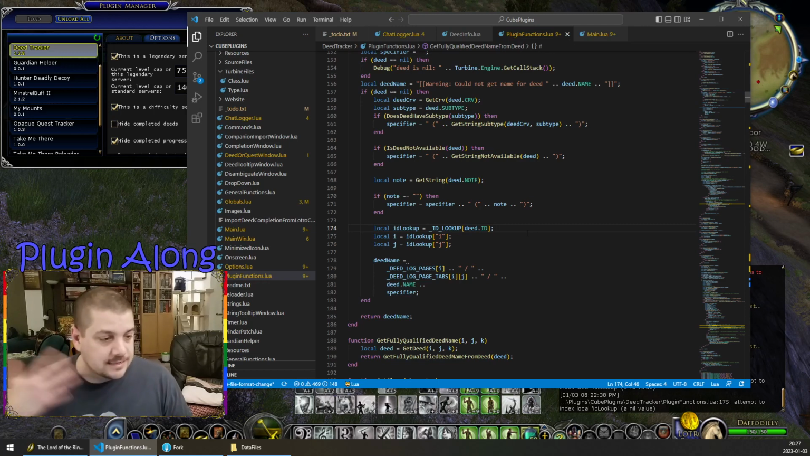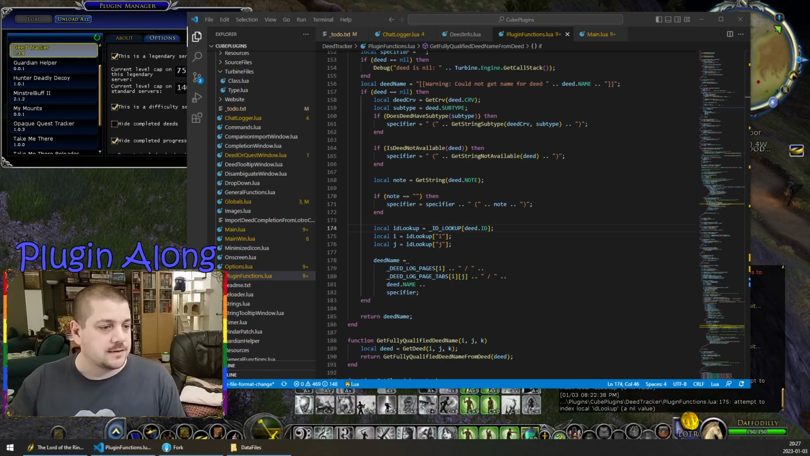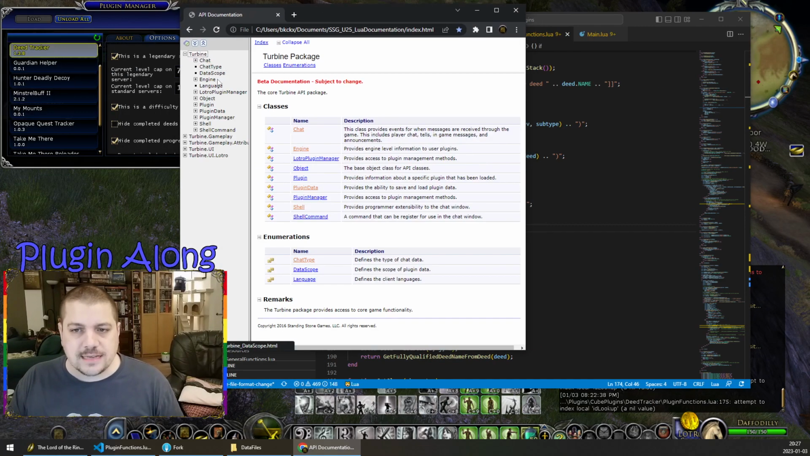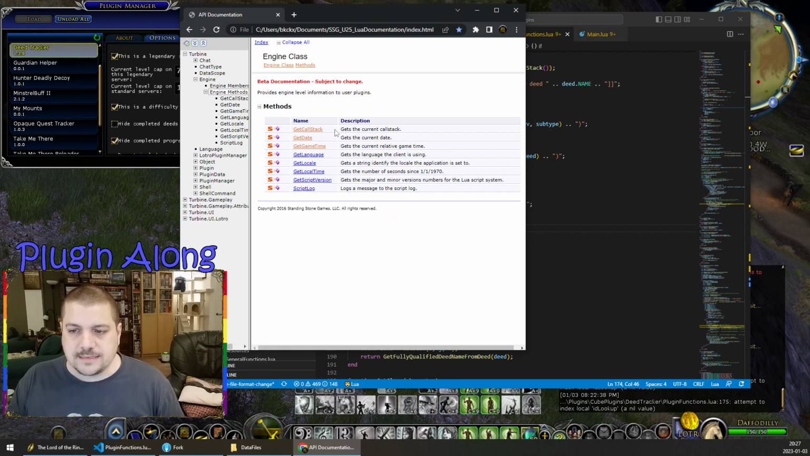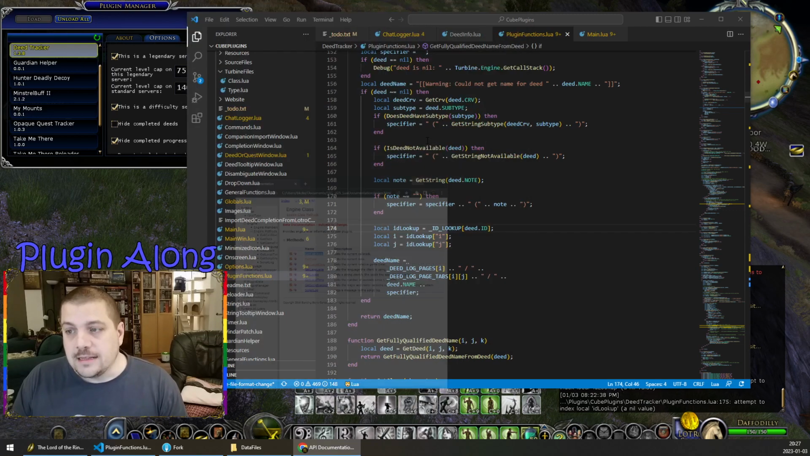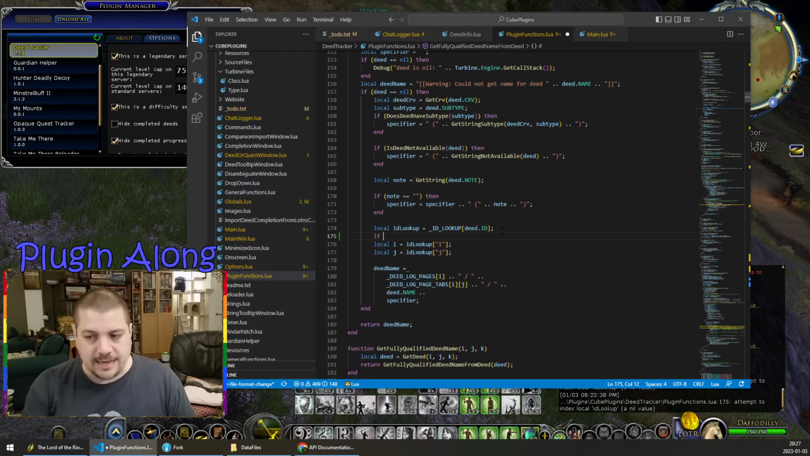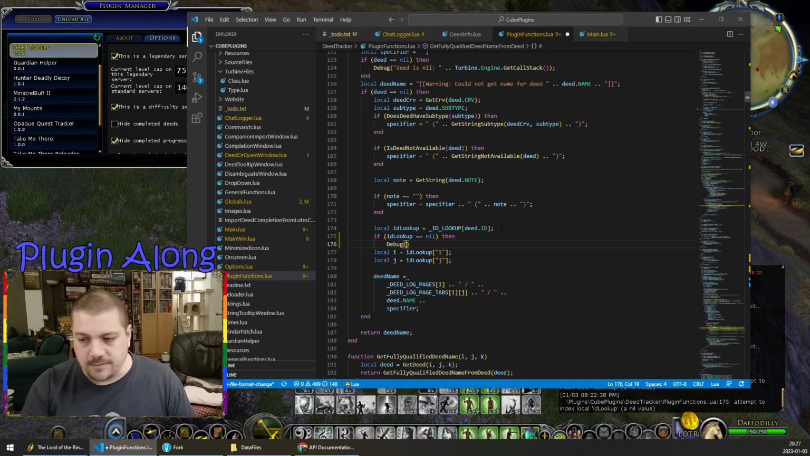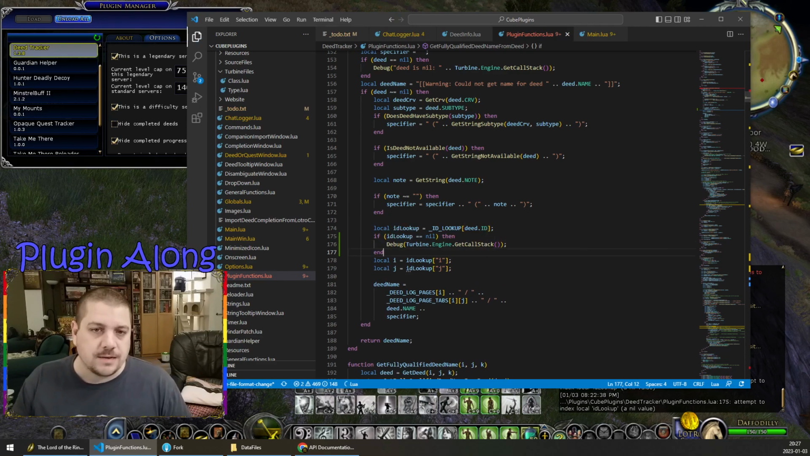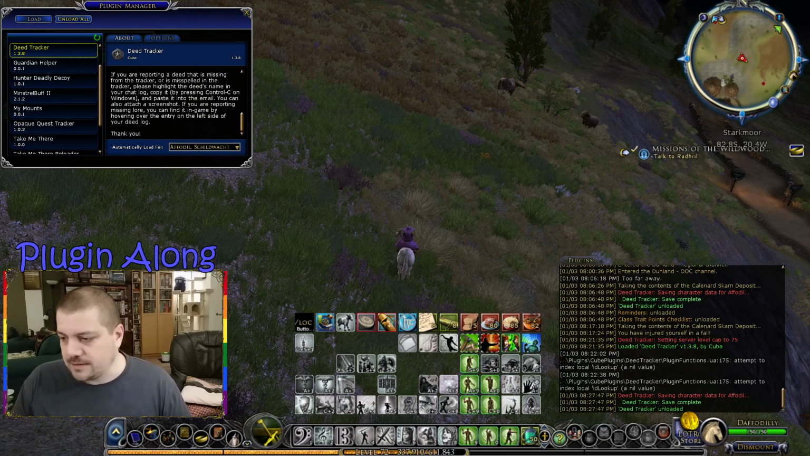Something I like to do sometimes is to spit out the call stack when I'm trying to figure out why this is happening. We can just say, hey, what led us here? There's this get call stack function in turbine.engine that I find very helpful. So if we make a case, if id lookup equals nil, then we're going to spit out to debug the turbine.engine get call stack. That's all. And so if we unload and reload this,